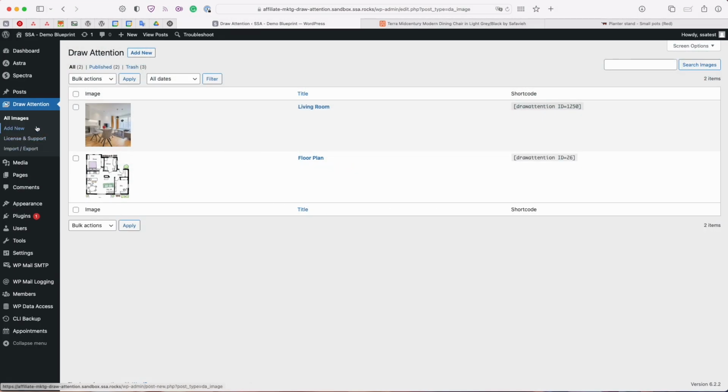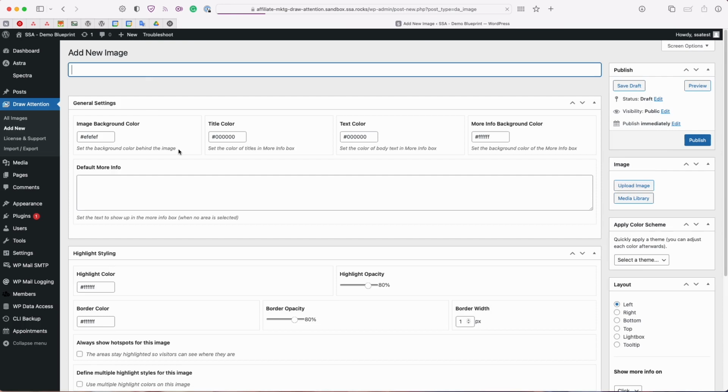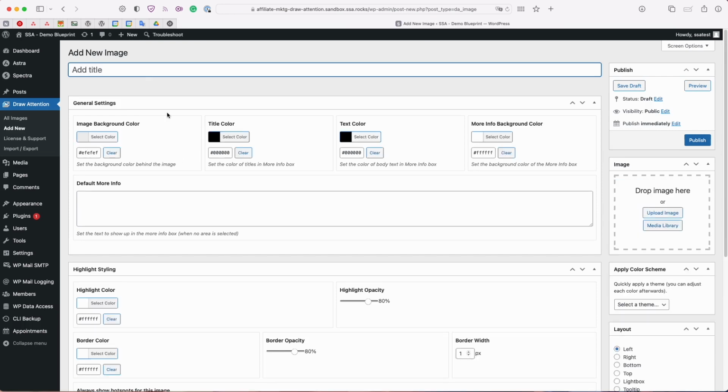If I go over to my DrawAttention tab, as you can see here, I already have my living room and my floor plan set up, but let's go ahead and create a brand new one. So click where it says add new. And from here, I'm going to first start off by typing in a title for my new image. Next, I'm going to select an image for the base of this image map. So here on the right-hand side where it says image, I can either upload a new one or select one